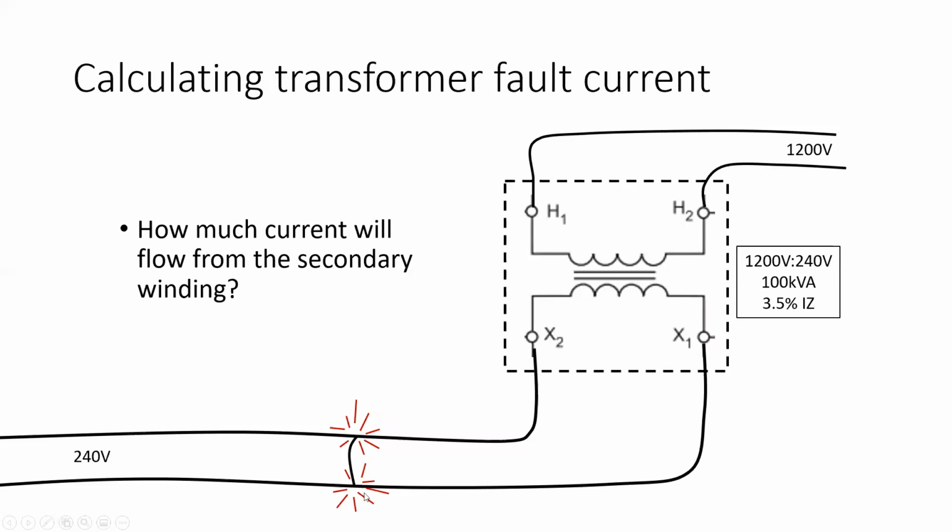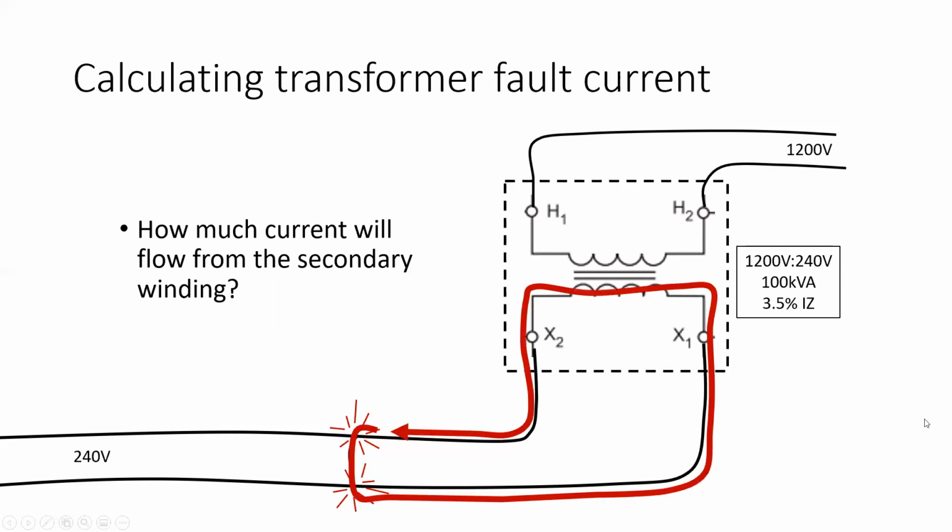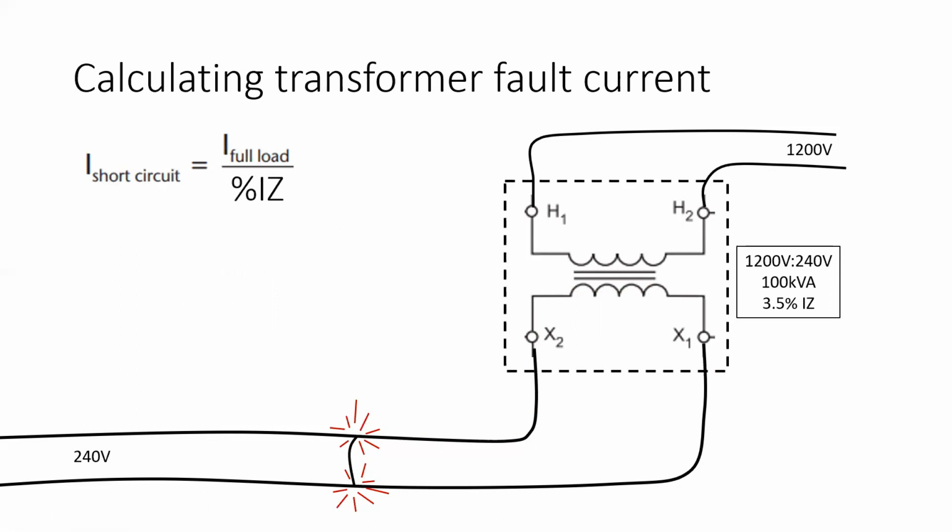How many amps is this transformer capable of pushing? Now we all know short circuits are a lot of current, but exactly how much current? How much current will be flowing in there when there's a dead short? So we use the percent IZ in order to calculate this value. A transformer's secondary short circuit current is going to be equal to the rated full load current divided by the percent IZ,